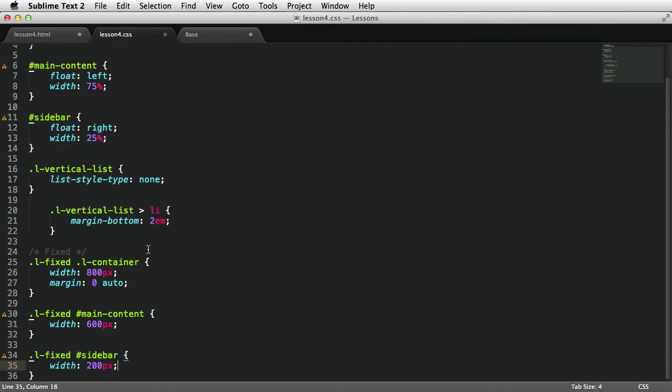And as you can see from the CSS, L-vertical list just specifies a list style type, and it targets the direct descendants, the list items, and applies a margin bottom of 2ems. So I'm keeping things very, very simple because since this is a more general rule, we need to be able to reuse it, and that's what you should learn. Always try and make things easier for you in the long run. By creating the style, you make sure that if you're expanding the website, you won't have to redefine or completely